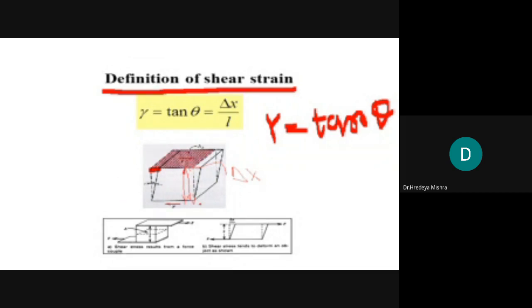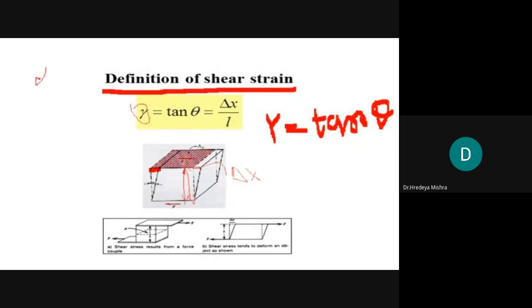So what happens in the shear deformation, when the shear force is applied? Deformation occurs only in the x direction. The length L is the same before deformation and after deformation. The deformation is only in the x direction and L is the same before load application and after load application. So shear is nothing but is represented in the form of an angle. That angle is gamma.